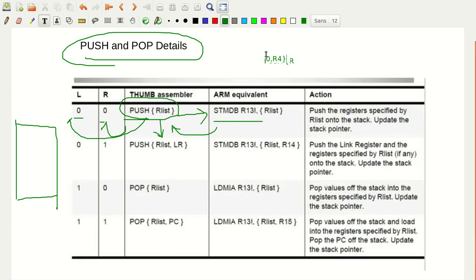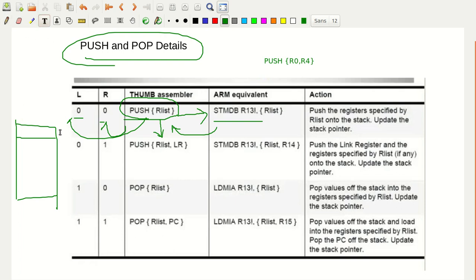Let me take only 2 registers, R0 comma R4. In this case, the stack pointer is actually R13, so let me have some SP value. It's always a fully descending stack operation, so SP will be pointing to some memory location.